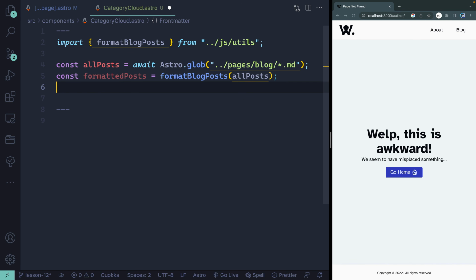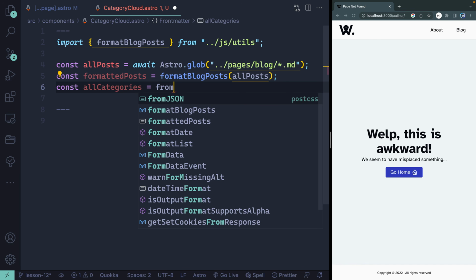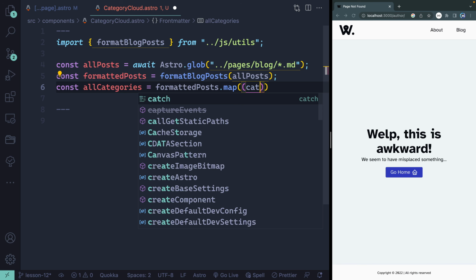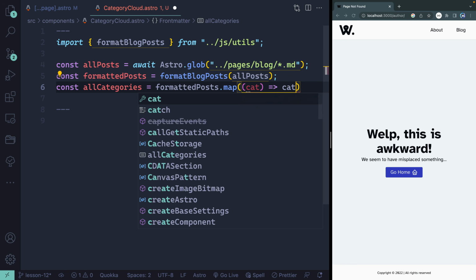So what I want to do is take all of my posts that I'm allowed to see, in this case, anything that's not future, that's not a draft, and it will all be sorted, which doesn't really matter for this use case. But what I want to do is take all categories here, and I'll pull this from my formatted posts. So formattedPosts, and I want to map over these. In this case, I don't actually want a set, because I may want to count up how many I have. So we'll call this something like cat, and I'll just return